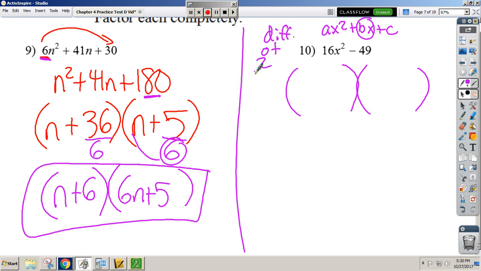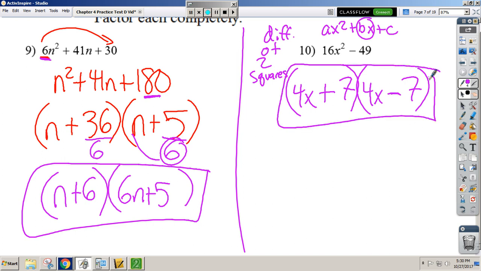The reason it's called that is because 16x squared, that's a square. That's 4x times 4x. 49 is a square. That's 7 times 7. And the way that you get the middle term to disappear is one of these is plus and one of them is minus. And you can test that out. If you FOIL it out, you get